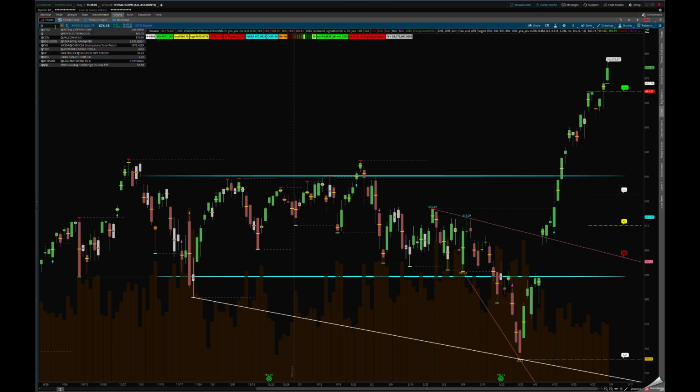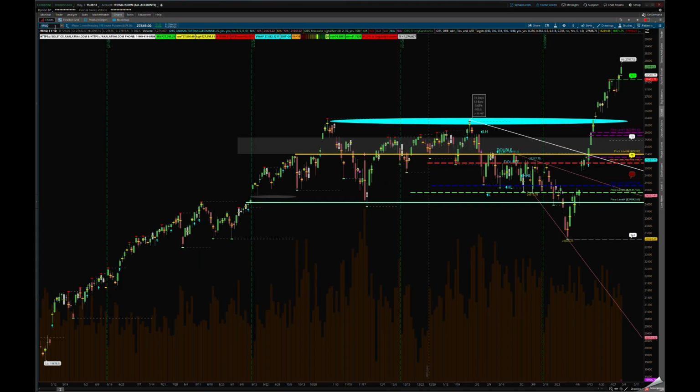Let's take a look at the micro NQ. What I want to do here in the micro NQ is show this consolidation here, which I had marked for a long time. I am no longer going to keep it here, so I'll remove it. This is the prior month volume profile: value area high, value area low, and that's the point of control. I would need to move them for the April level, so I will show you how to do that next.